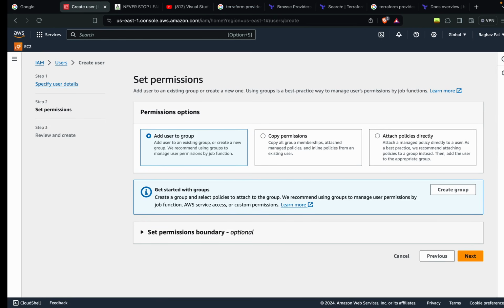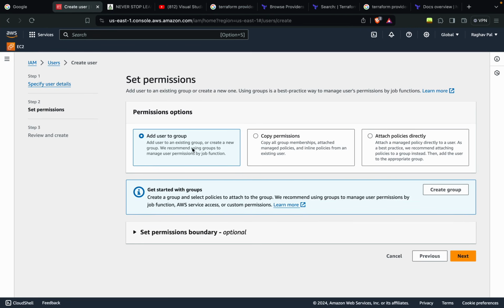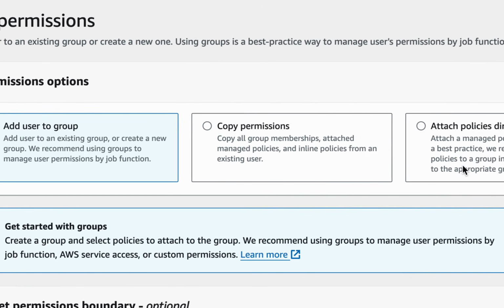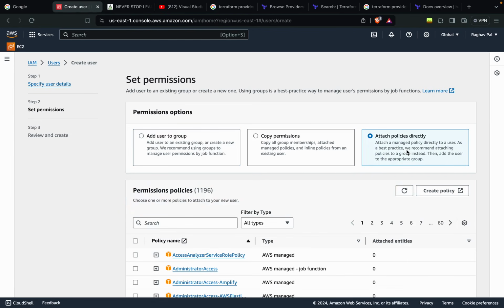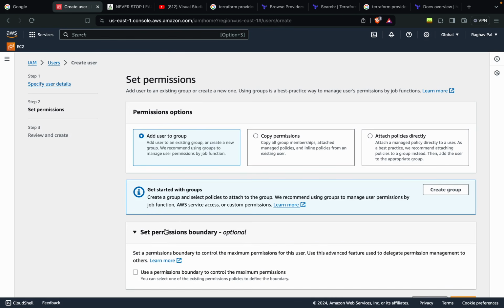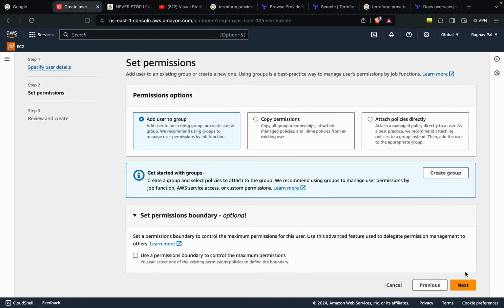Here we have got permission options: add to user group, copy permissions, or attach policy directly. So here you can select the permissions or attach the permissions. This is all optional. For now I will say next,